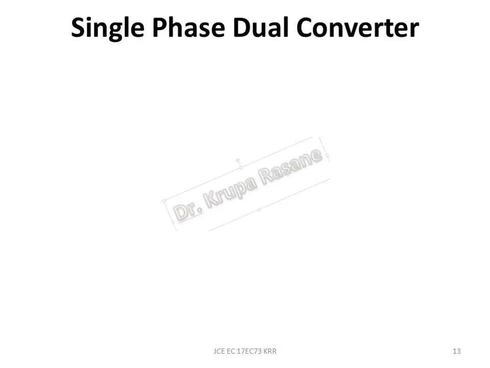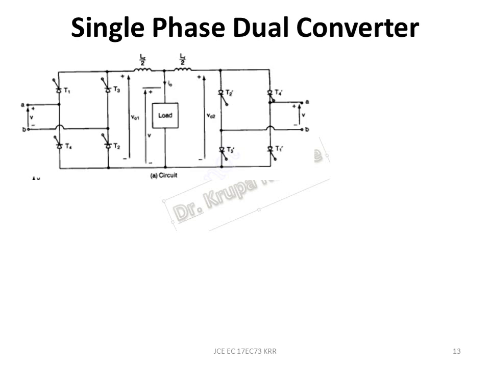So let us understand the next topic, that is single phase dual converter. The name itself tells you that it is made up of two converters, basically two full converters, and it is connected as shown in the figure. What we see in this figure is a load here, an RL load, and we have the full converter, as explained previously, on this side. This part we have just completely studied.